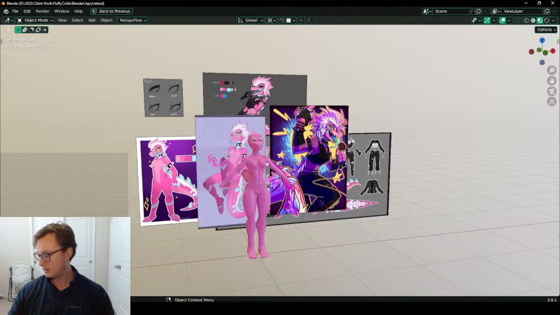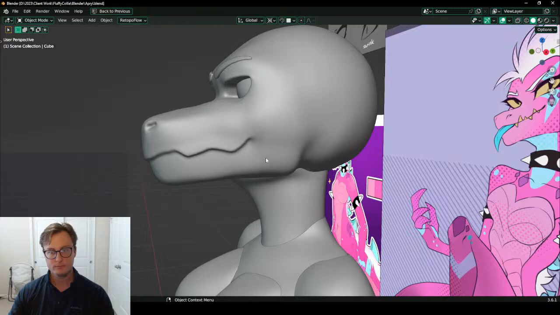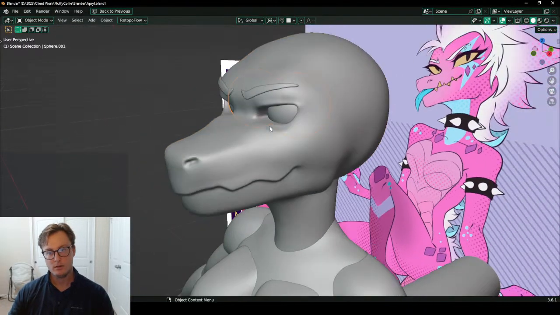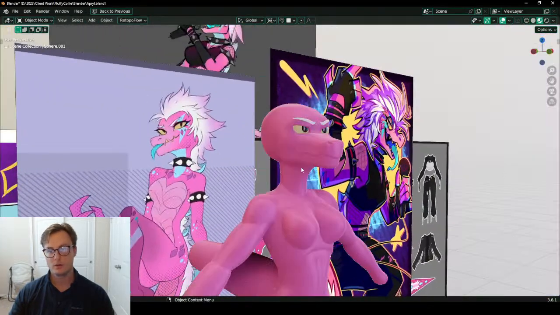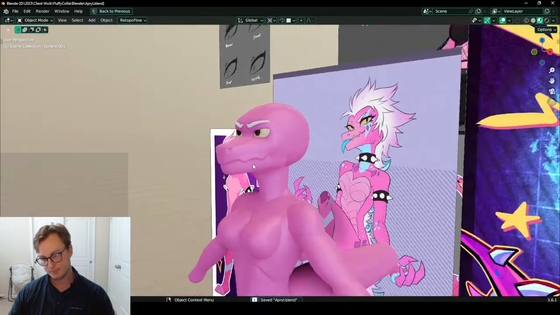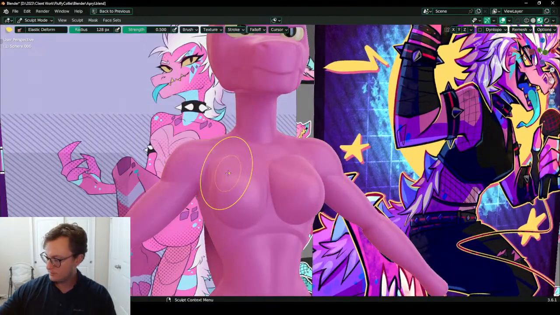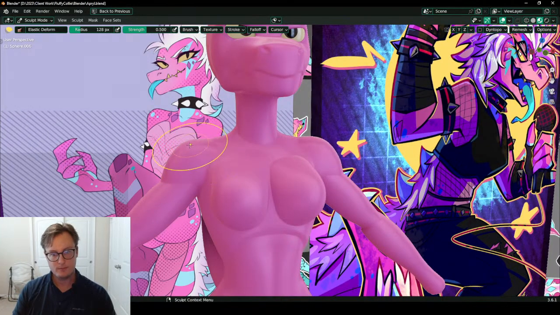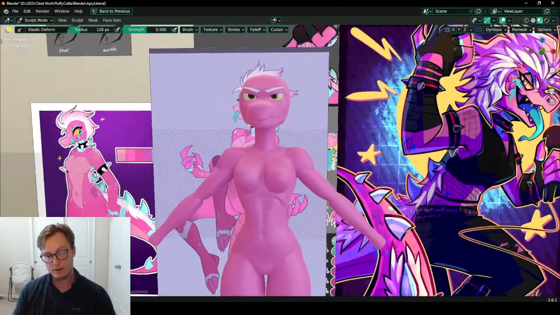There we go. Oh, so much comfier. Let's move these forward. Much better. I don't want them to protrude too much, but I do want a little bit.